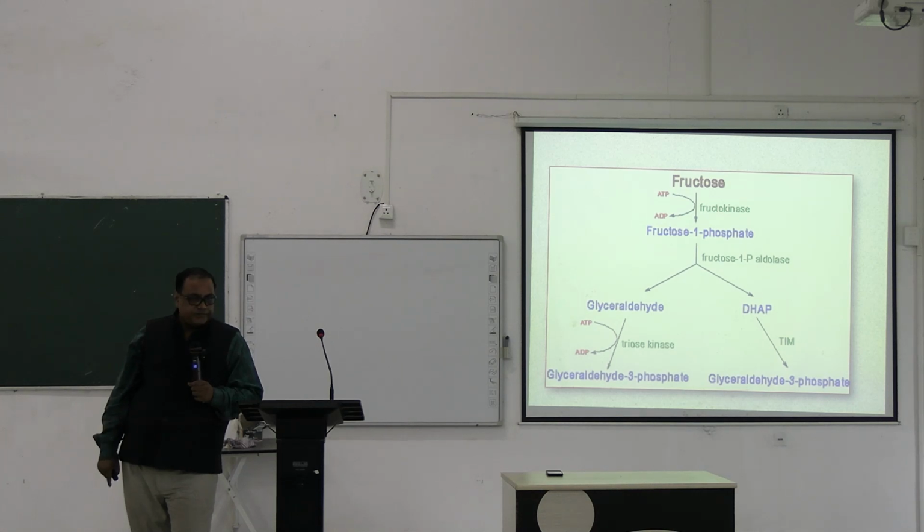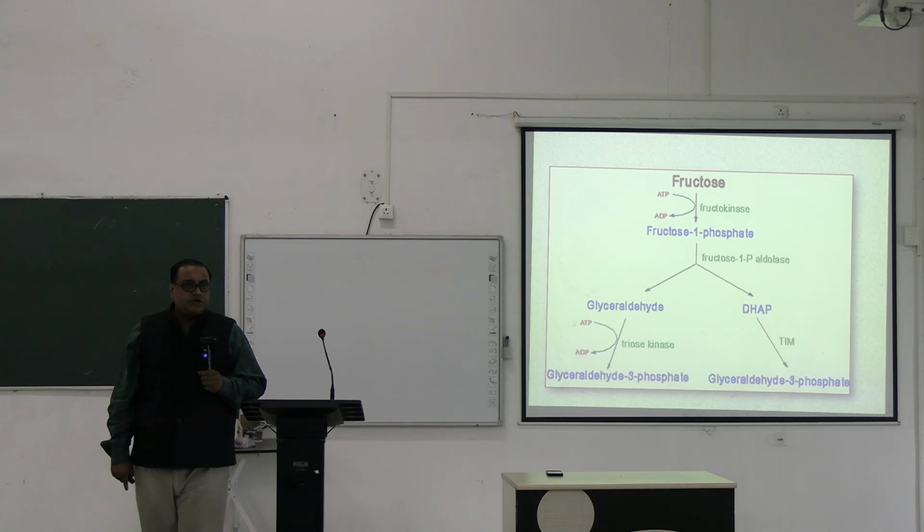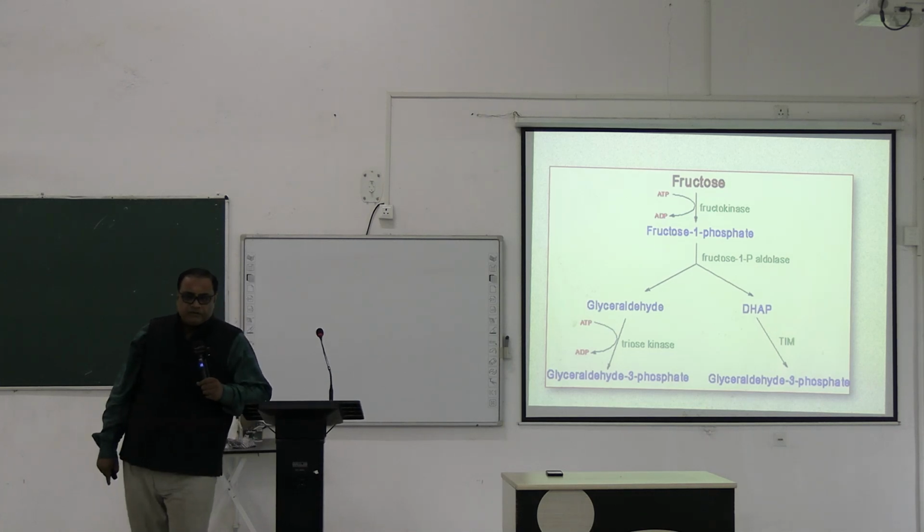Phosphofructokinase 1. So what will happen? It will no longer be regulated by the hormones which regulate the glycolytic pathway. So what will happen? It will go on producing pyruvate. Pyruvate will produce more and more acetyl coenzyme A, and acetyl coenzyme A is not required, it is in excess. Then what will happen? It will produce fat, cholesterol. Correct?